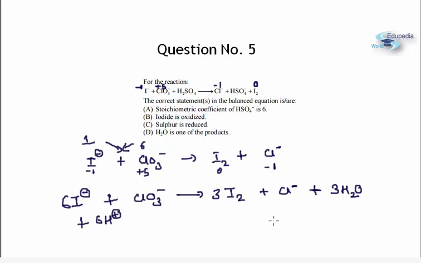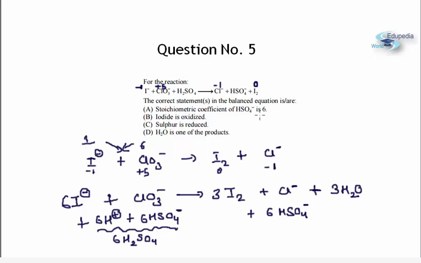So what we are going to do is that we are going to add 6 HSO4 minus on either side. So we'll add 6 HSO4 minus over here and 6 HSO4 minus here. Now where did I get the hint to do this from? By looking at the reaction, because over here we can see that HSO4 minus is in the product. So I'm adding 6 HSO4 minus here and 6 HSO4 minus here, and these 6 H plus and 6 HSO4 minus can be combined to form 6 H2SO4.